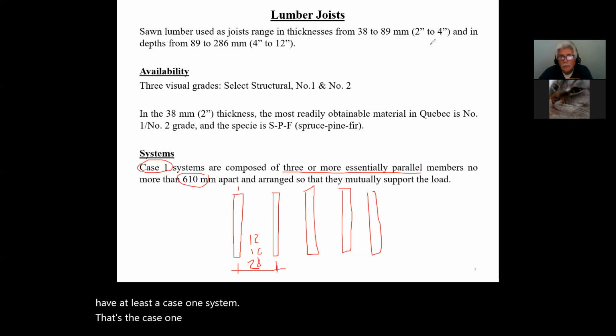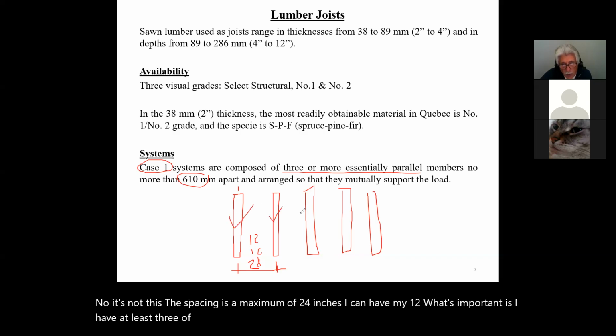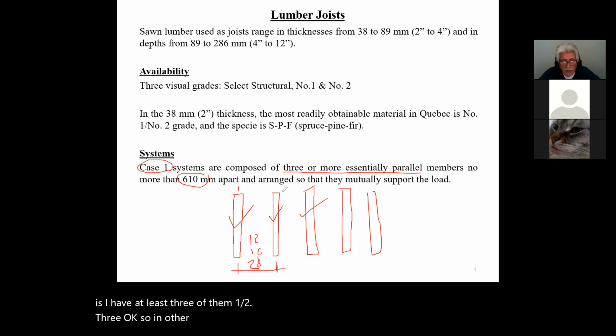Now, sir, yes. So basically they divided the cases, like let's say if they're 16 inches apart, that means case 2 or something? No, no, no. It's not this. The spacing is a maximum of 24 inches. I can have them at 12. What's important is I have at least 3 of them. 1, 2, 3. Okay? So in other words, what they're saying here is that if I have only one member all by itself here,